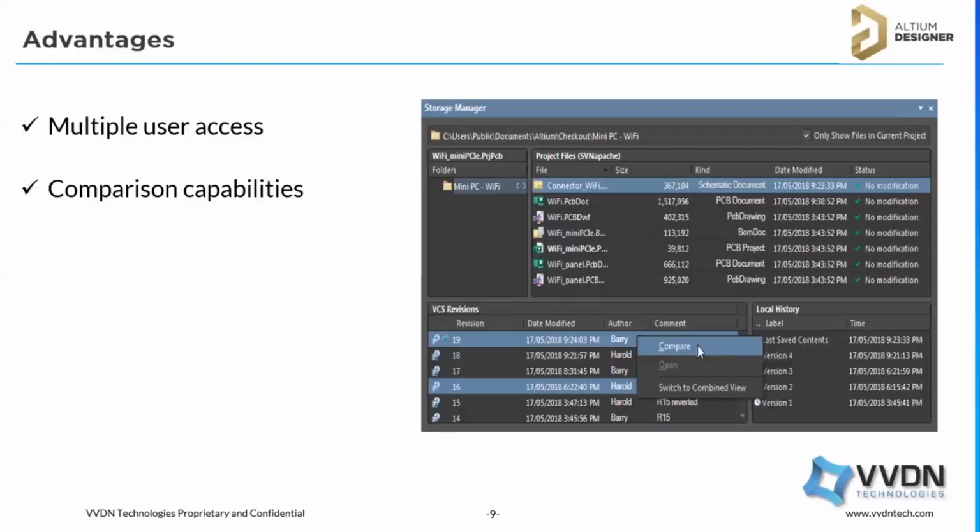Even in the traditional way, I am keeping the different versions in the same folder, like PCB1, PCB2, PCB3. Whenever I'm doing some changes, even there I can open and see the changes, like what has been implemented previously. But in Altium with this version control feature, it will compare visually and highlight the changes.